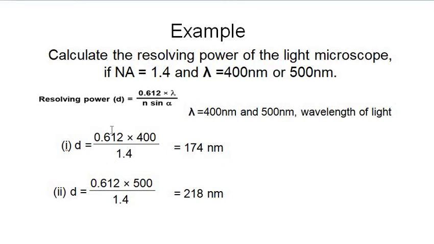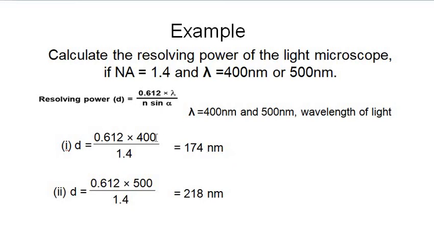We calculate these values and obtain 1.7 nanometer resolving power, and we put another wavelength of light in this formula, and D is equal to 0.612 multiplied by 500 divided by 1.4, and we get 218 nanometer resolving power of the light microscope. So about 200 nanometer resolving power at the 500 nanometer wavelength of light, if the numerical aperture is the same for both wavelengths of light. It means the resolution would increase